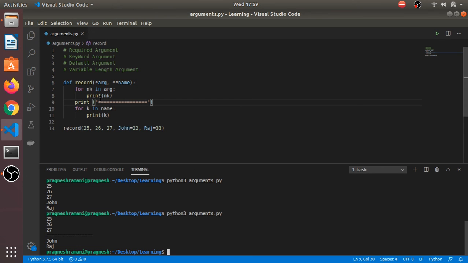As you can see, non-keyword means we have not assigned it to a particular keyword. So this is how non-keyword arguments are printed, which are assigned with one asterisk before the variable, and these are the keyword arguments, where double asterisks are put before the variable. So this is how variable length arguments work, and these are the types of argument which you can pass to any function. I hope you have understood the concept of arguments.